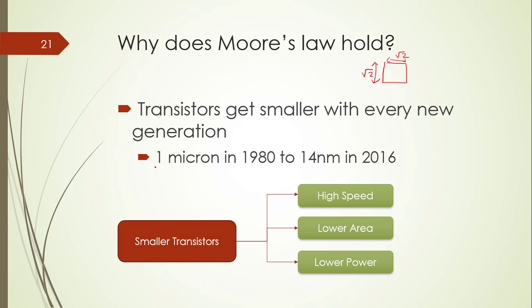A typical transistor was around 1 micron wide in 1980. It came down to 14 nanometers in 2016, and in 2020, which is now, we are in the 7 nanometer range, and the transistor technology will go down to 5 nanometers, but that's it. Because if you recall your high school physics, an atom is roughly 1 angstrom, right? 0.1 nanometers. So 5 nanometers would be 50 atoms, and that is just about the limit at which we can fabricate these small transistors. They of course have high speed, low area, and low power, but